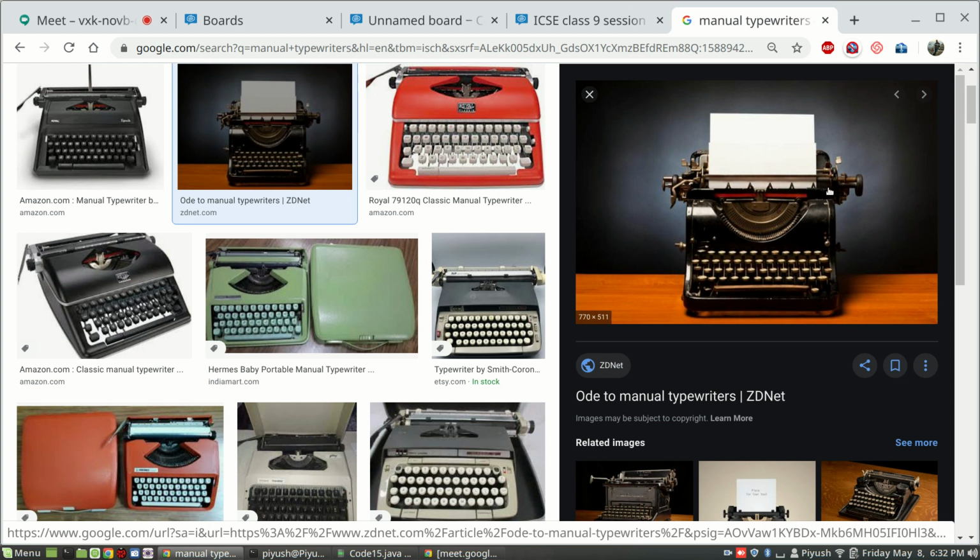Not so in real life, but in videos you must have seen them, after writing one line, they are pushing it here and then pulling it that side, right? Yeah. So that is what was known in earlier days. The mechanism of bringing the cursor in this manual typewriter to the very first letter, the start of the new line, is by forcing this thing to the left side, so that the pins move to the left point of the page. So that was known as returning to the start of the line.